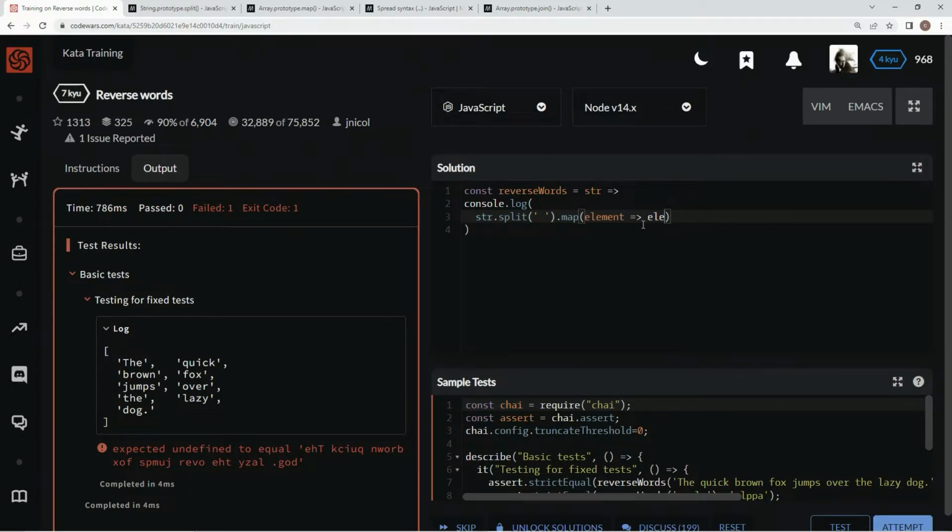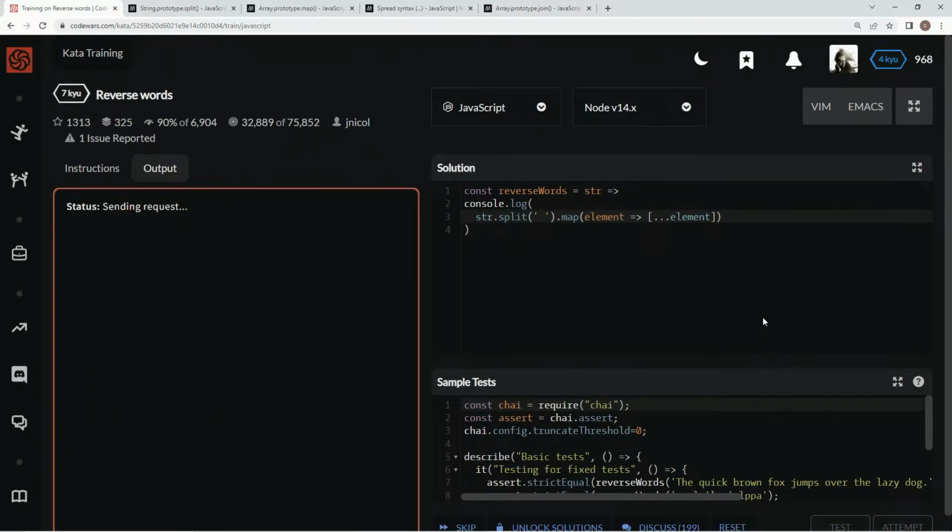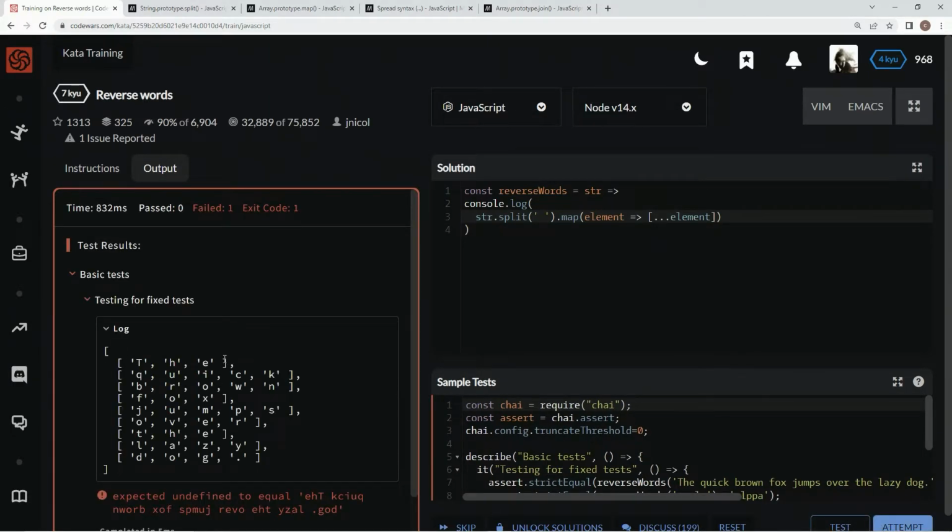e element, and then we're going to wrap this in an array, and then we're going to say dot dot dot, making it spread syntax. Let's just check out what it looks like right now. So now it's arrays of the words with every letter in its own element. Now that it's like that, what are we going to do? We're going to reverse it. So we're going to use the reverse